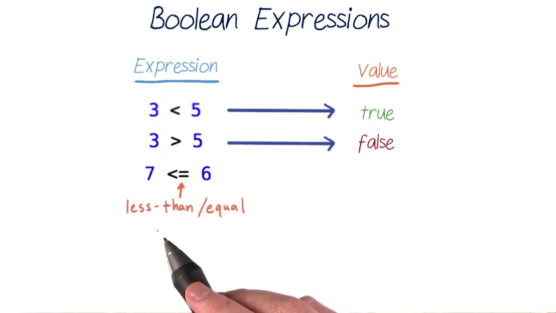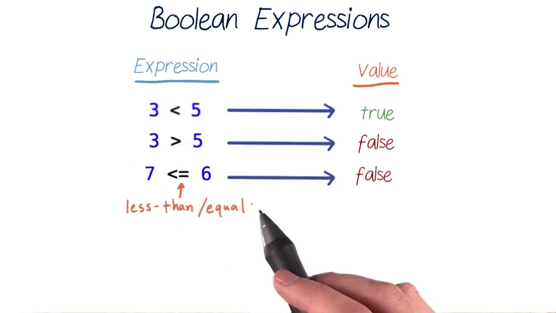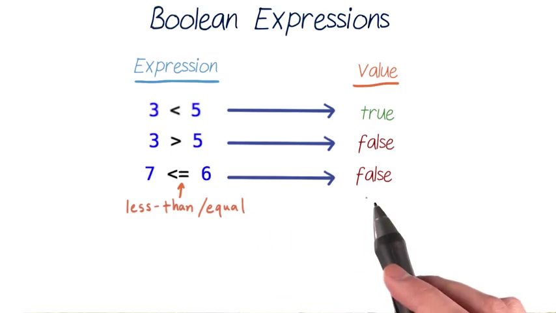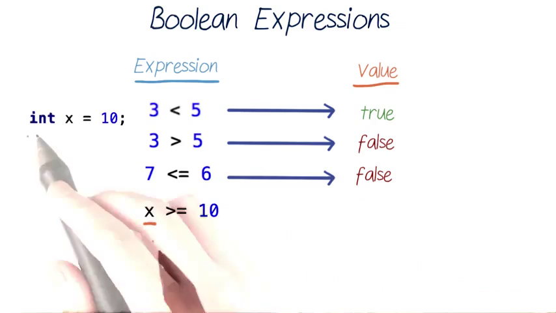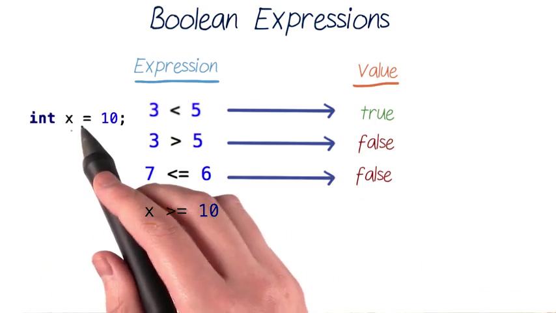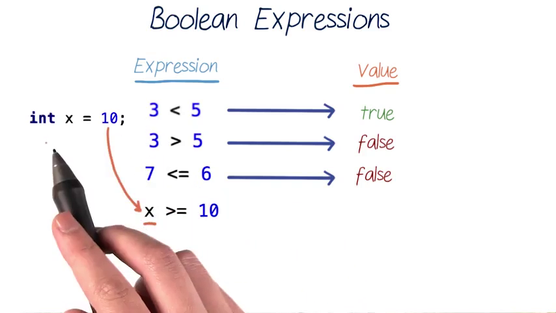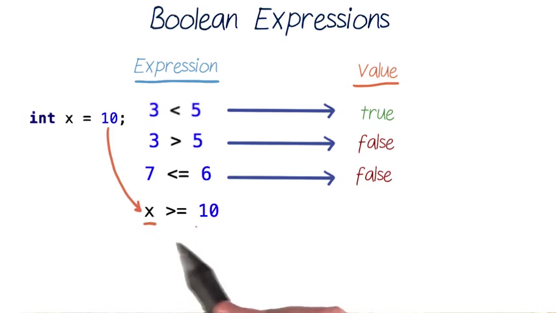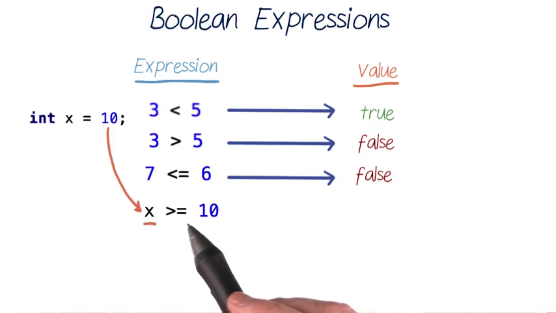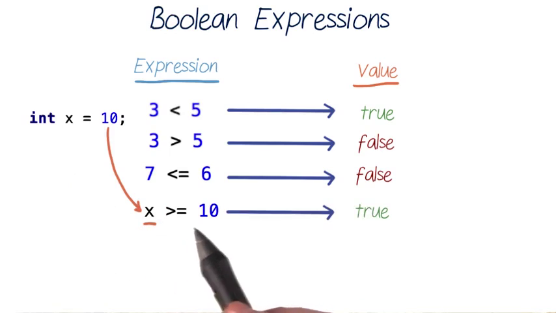We could compare two numbers again, like to test if 7 is less than or equal to 6. And since 7 is greater than 6, then this expression is not true. It evaluates to false. And instead of using numbers, we can use variables in these comparisons too. Like say we've declared an integer variable named x and initialized it to 10 before starting these comparisons. We can then compare that variable to another number or variable, like this expression, which tests is x greater than or equal to 10. Java will see this and say x is 10, so yes, it's equal to 10, and